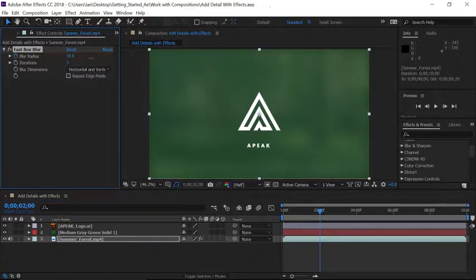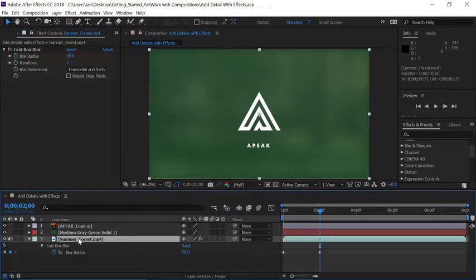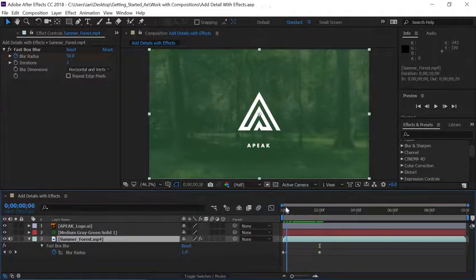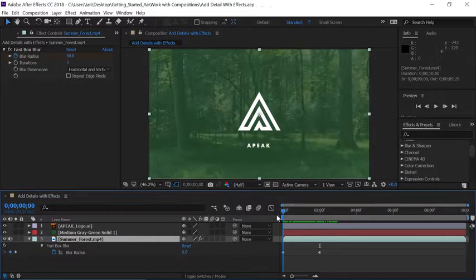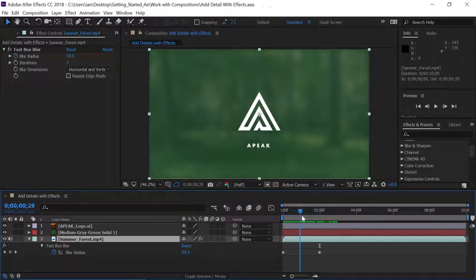Now I know you're thinking, well, where are my keyframes? I've been applying them and I don't see them in the timeline. To reveal any animated properties on a layer, just make sure that layer is selected and then press the U key, and that will show you the animated parameters. Click on the current time indicator and drag back and forth to preview what this is doing. And you'll notice now we've added a nice blur that happens over 2 seconds. As the background layer starts to blur at about 1 second in, this is when I want the logo to